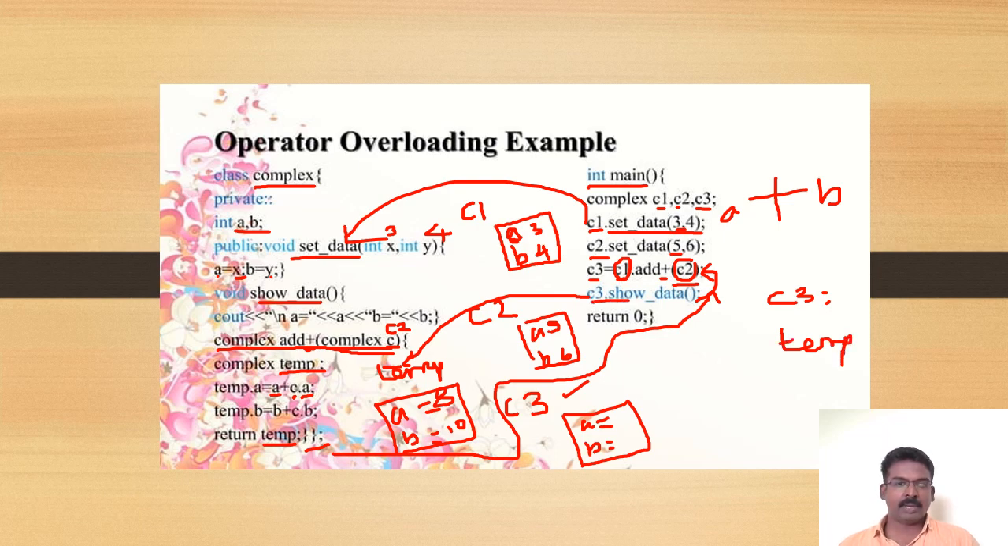Then we do C3 dot show data. This function show data is called from here. Then it displays the values of A and B that are in C3. Since this temporary object is now C3, C3's values will be what they were in temp. So now we can display C3's values, that is, A value as 8 and B value as